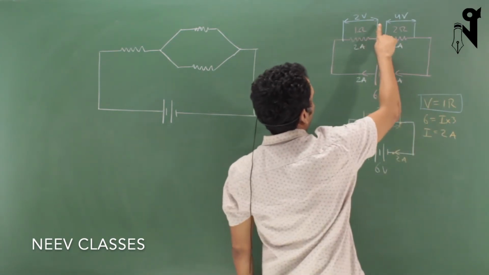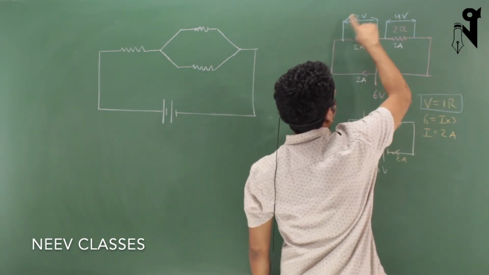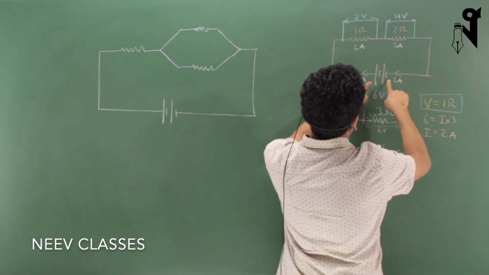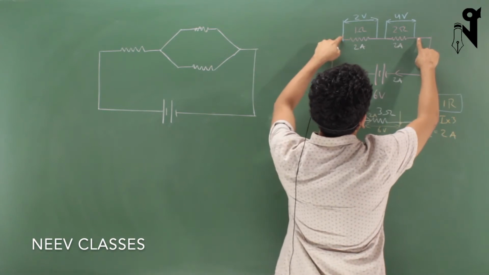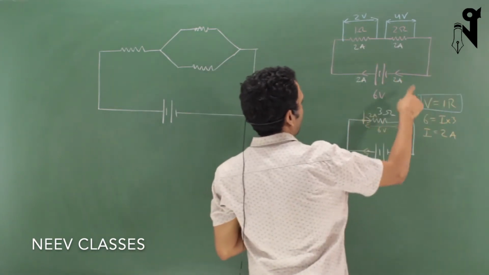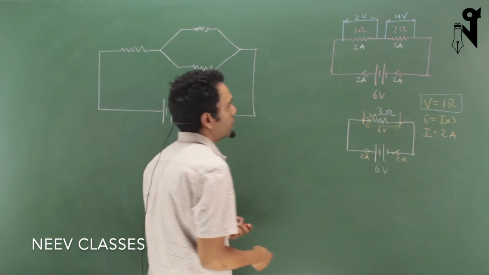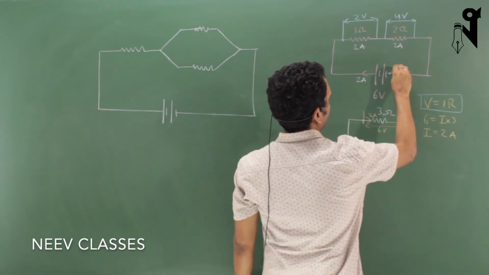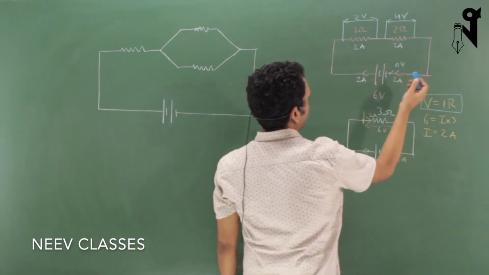So a drop of 2 and a further drop of 4 means a total drop of 6, which is right. So the voltage change is equal to 6 across these 2 points. That cross verifies our solution of the circuit. In a slightly different way, I can say this point was having 0 potential. We assume it is 0